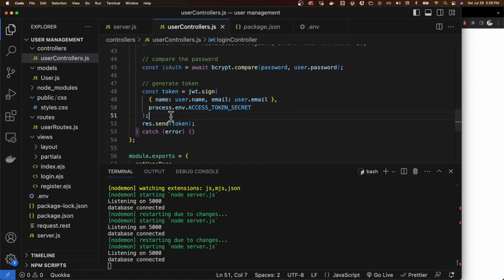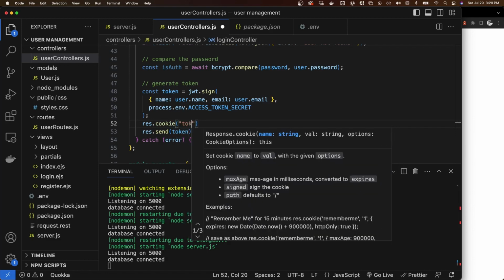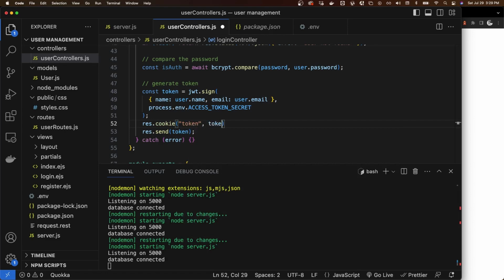So back into the user controller, after we've generated our token, we set the cookies by saying res.cookie token to be our token in here. Then we redirect to /home. We've not created this route yet, so let's come into the